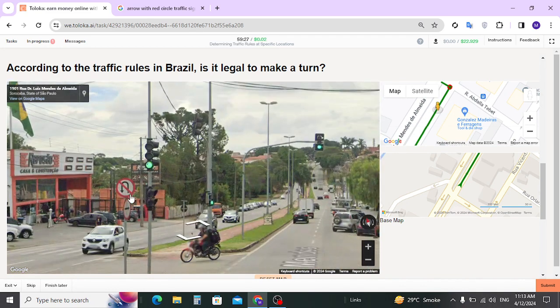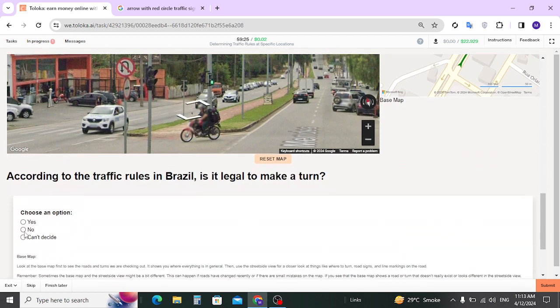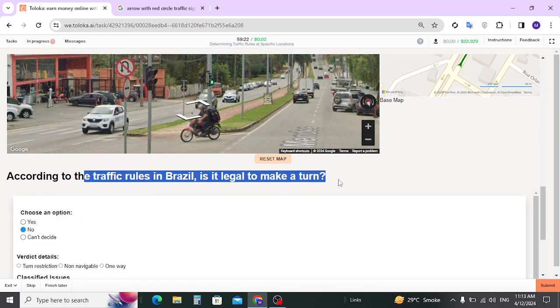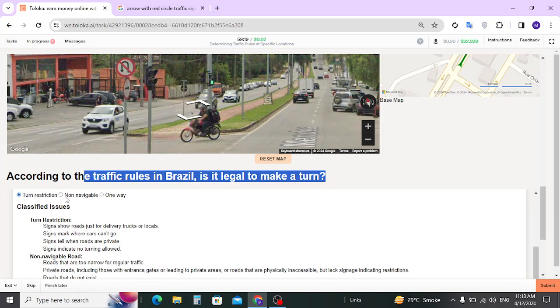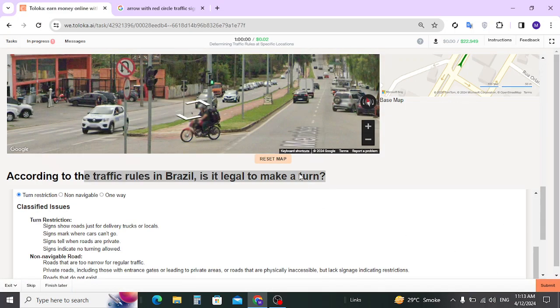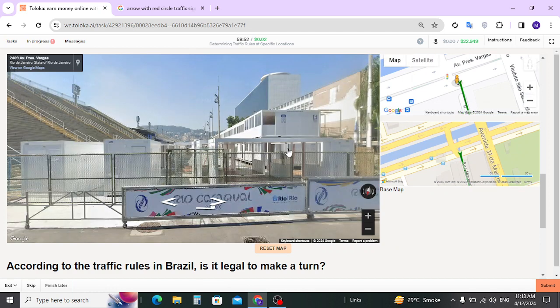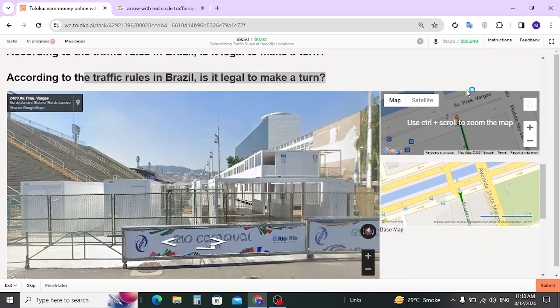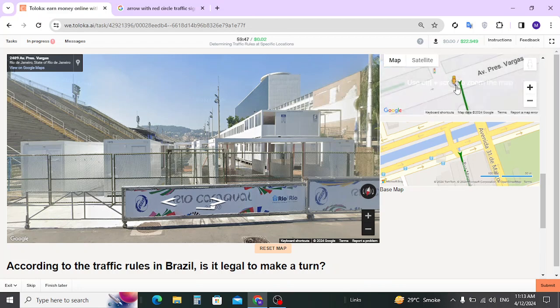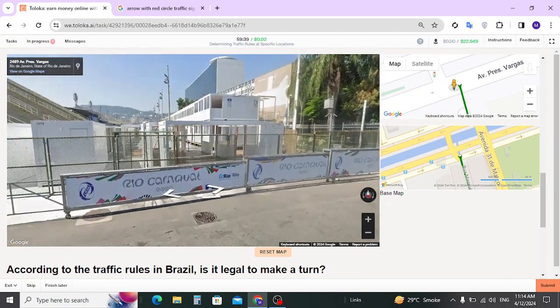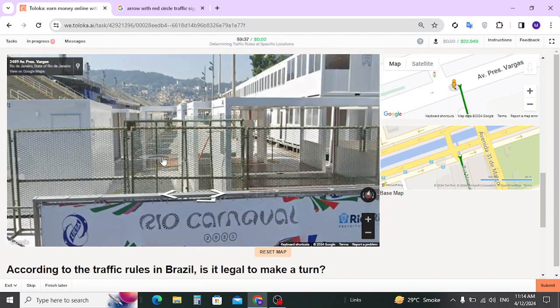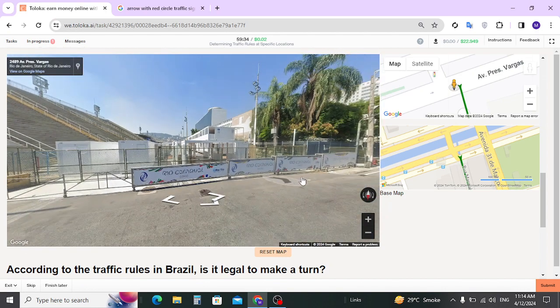Here, this is a restriction sign. You cannot turn. So according to traffic rules, is it legal to make a turn? No, because there is a turn restriction. At your starting point, you can see you are facing in the right direction from the starting point, and they are asking you to enter this way on that road, this particular road, but clearly you cannot enter because this is